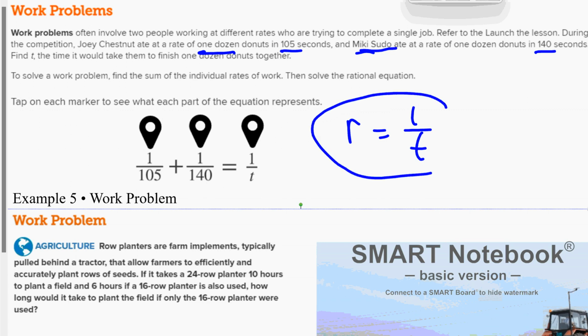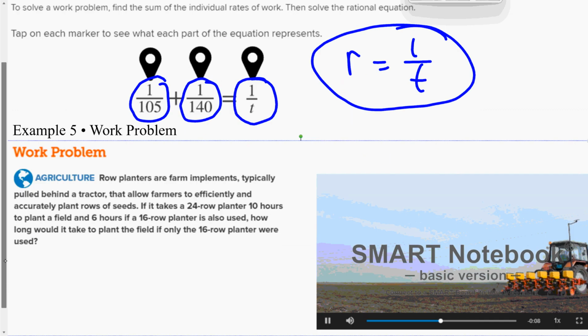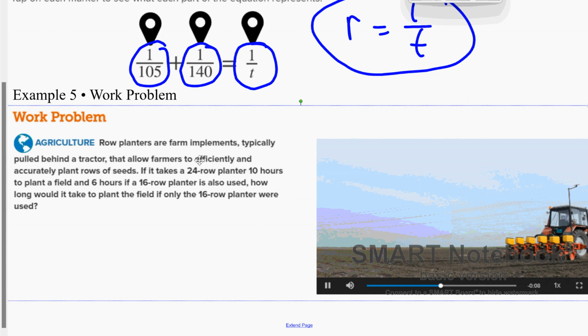So you can use this rate and just add the two rates: 1 over 105 and 1 over 140. If you add those, it will equal the rate at which they eat it together, 1 over t. So on this problem, we have this tractor, and we have a 24-row planter that takes 10